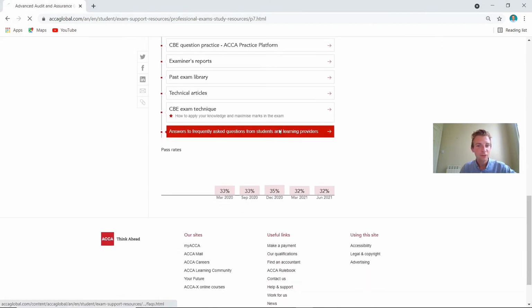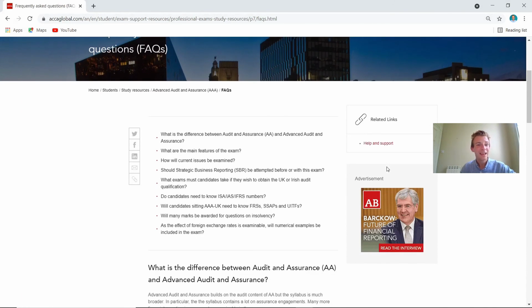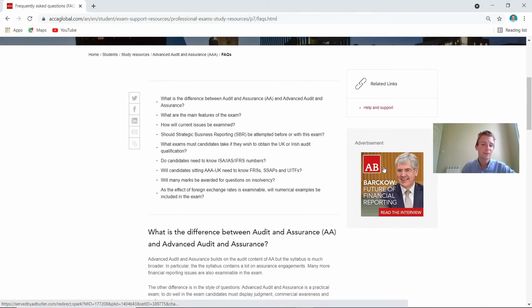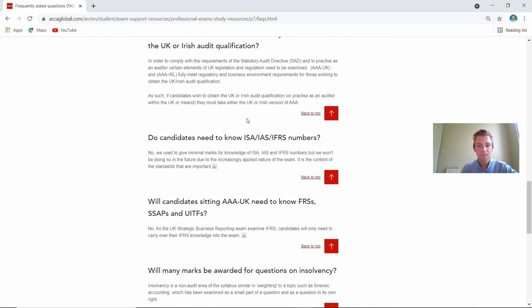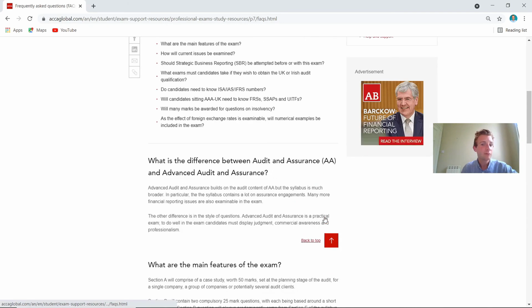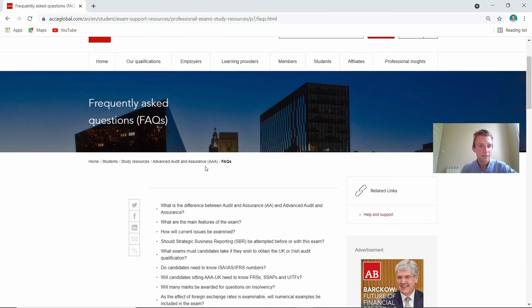And then finally on here, the frequently asked questions. So especially if you're a bit new to the module and want a better understanding, these are the overview questions that the majority of accounting students sitting this module would be asking themselves. So usually what we've asked the tutor: should SBR be attempted before or with this exam? I mean, that's a bit subjective. Personally, I would be doing it before, 100%, because it links in as you go through. We've even seen it on the syllabus. But it's all broken down there for you, nice and easy, and again, really helpful. It's not too long either.